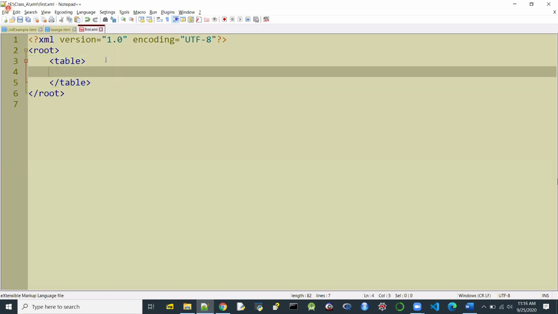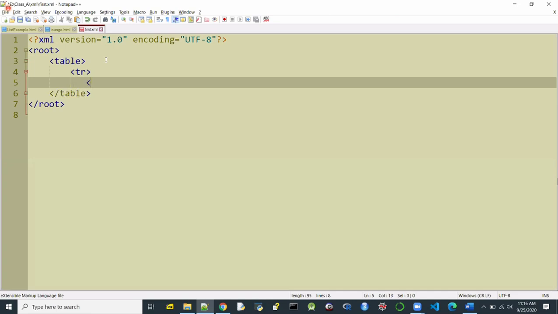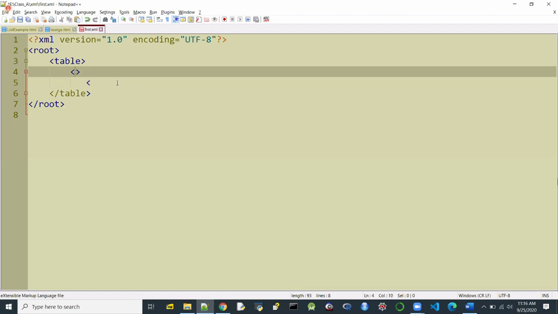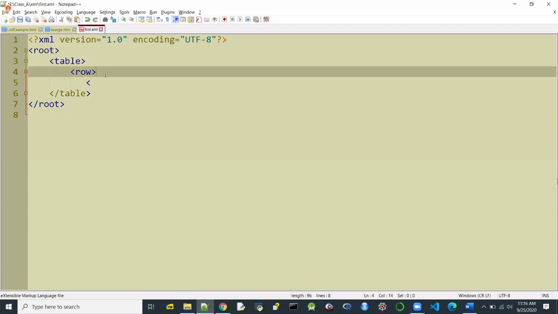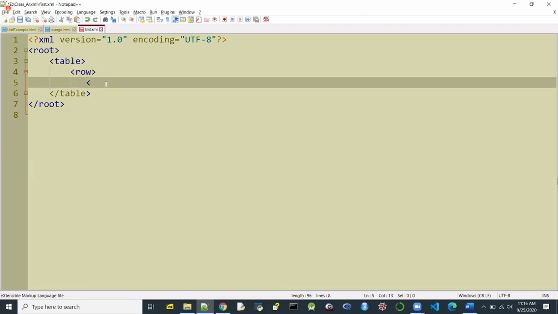Now inside this table, I'm using the tr element, or I can use something like a row element because you may assume I'm using something like an HTML element. So I want a tabular structure, but I'm not using HTML. So similar to HTML, table tag, tr tag, table data and table header, th and td. Here I'm using my own elements, table, row, data.